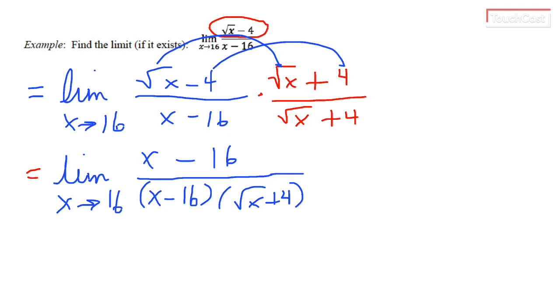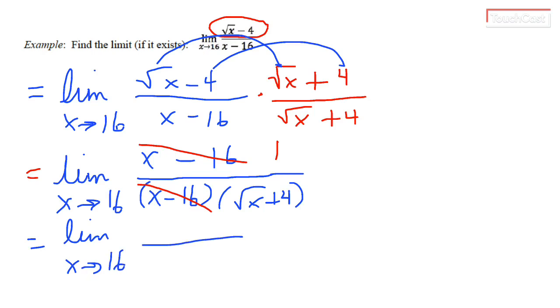Well, I'm glad I left that denominator factored, because now I notice that this x minus 16 in the numerator will cancel the x minus 16 in the denominator. Do not forget that when you make a cancellation like that, you leave behind a 1. So this is going to be the limit as x goes to 16 of 1 over square root of x plus 4. Don't panic about having a radical in your denominator, because the whole point here,